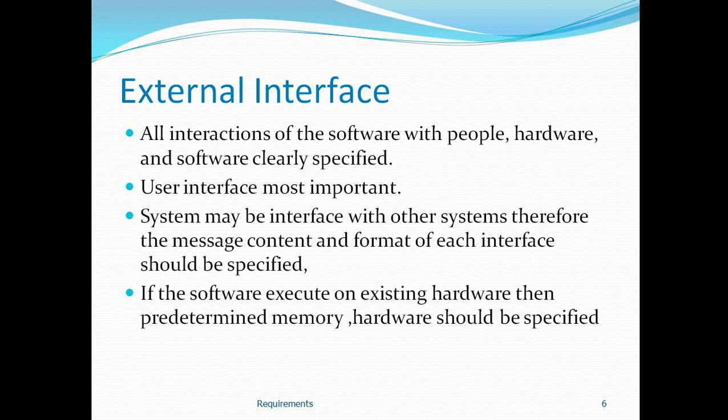Right? If the software interacts with other software or another system, the unauthorized or authorized persons may access the memory, the hardware, the software or any other properties of the system. Therefore, access should be restricted for other software and for other authorized or unauthorized persons. So it predetermines the limitations on access to the memory or hardware. It should be clearly specified in the SRS. Based on this SRS, the system may be developed.